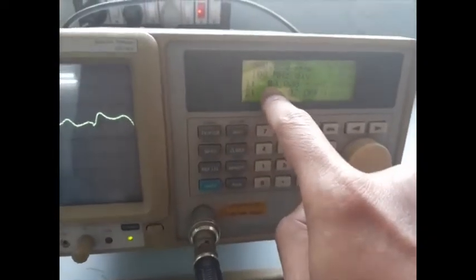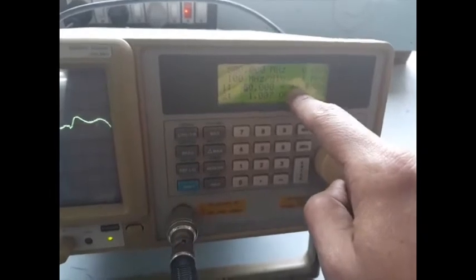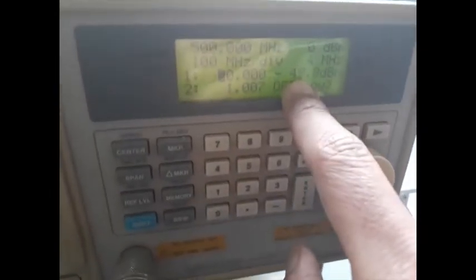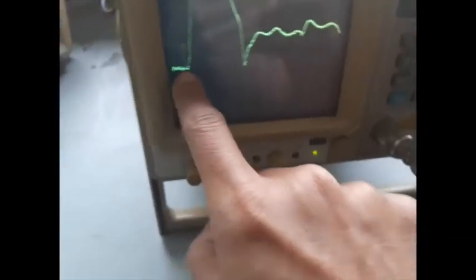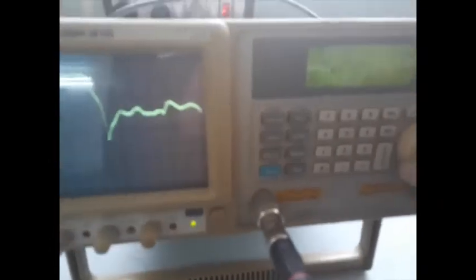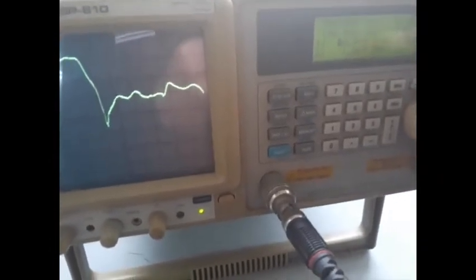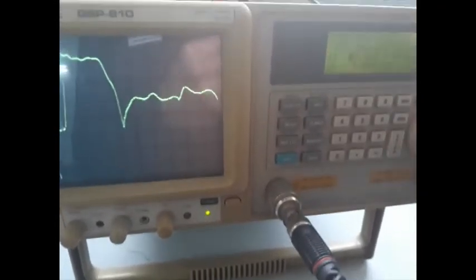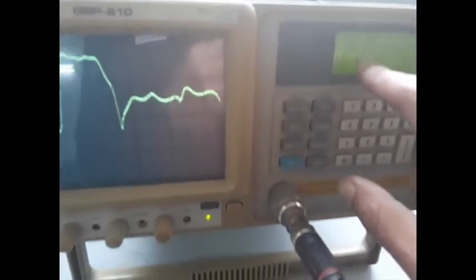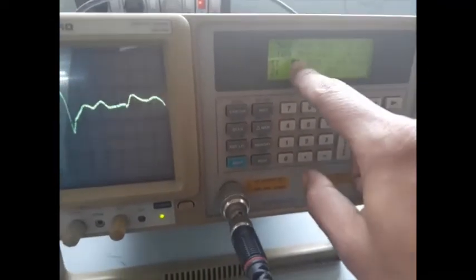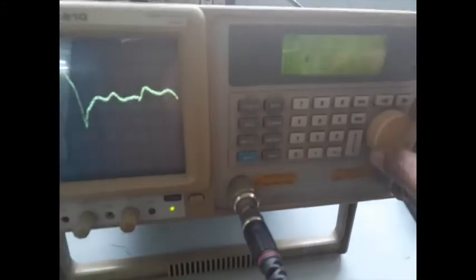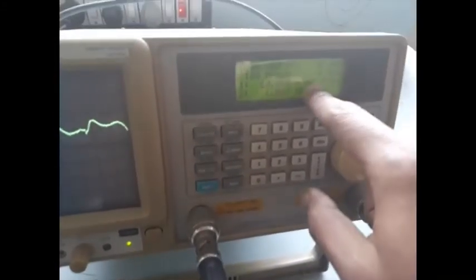Corresponding frequency is 60 megahertz, corresponding power is this. Okay, it is fluctuating because here we have the noise. Okay, so in this way you just rotate this starting from say 20 megahertz. It is sufficient to draw the response from 20 megahertz. You take the corresponding frequency, then you rotate this dial, make it 40 megahertz, take the reading, you make it 60 megahertz, you take the reading, and so on.